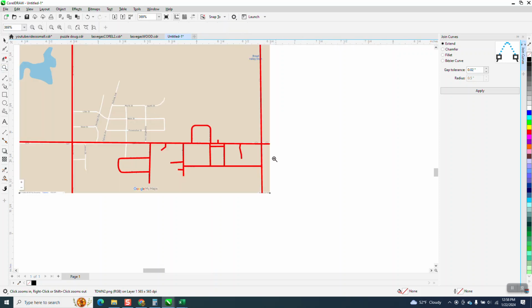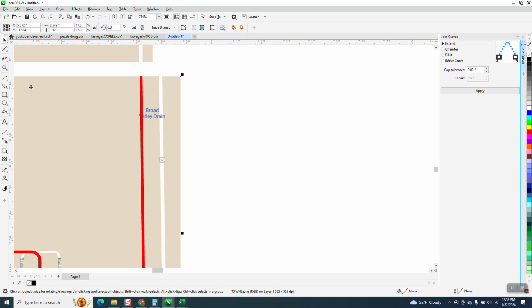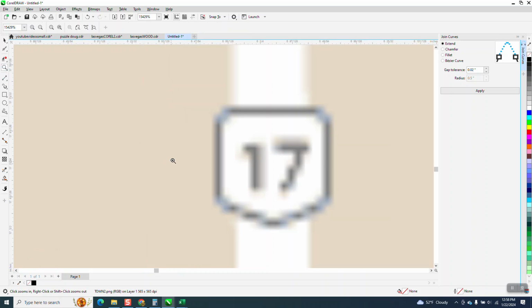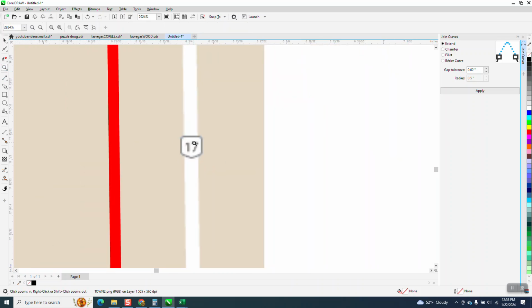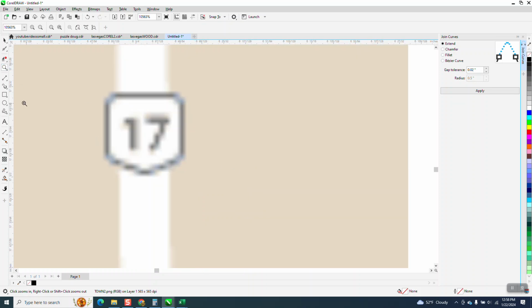And I would do the streets next, and just type in the highways. You might have to nudge some things over, and in doing this, I wouldn't move it. I would nudge it like 0.1, nudge that over. And you could see that that's Highway 17, and it's a little bit of a weird shape, but you could make that shape. Let's just make that shape. From what I could see, he would know more about the state sign, but we're going to just go like that big